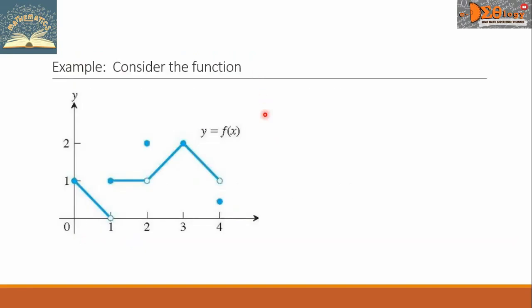Let us now consider the function y equals f of x represented by the graph. Let us now find the limit of the function f of x as x approaches 1 from the right. Let us locate 1 in the x-axis. Here it is. Again, we call this the right-hand limit. Now, when x approaches 1 from the right, the graph is approaching a value of y, and that is 1. So we write here 1 as the answer.